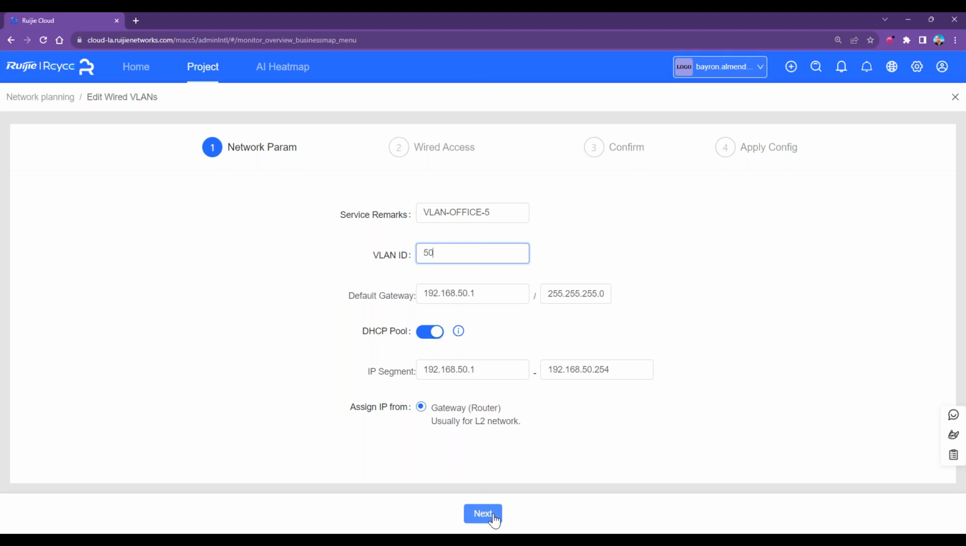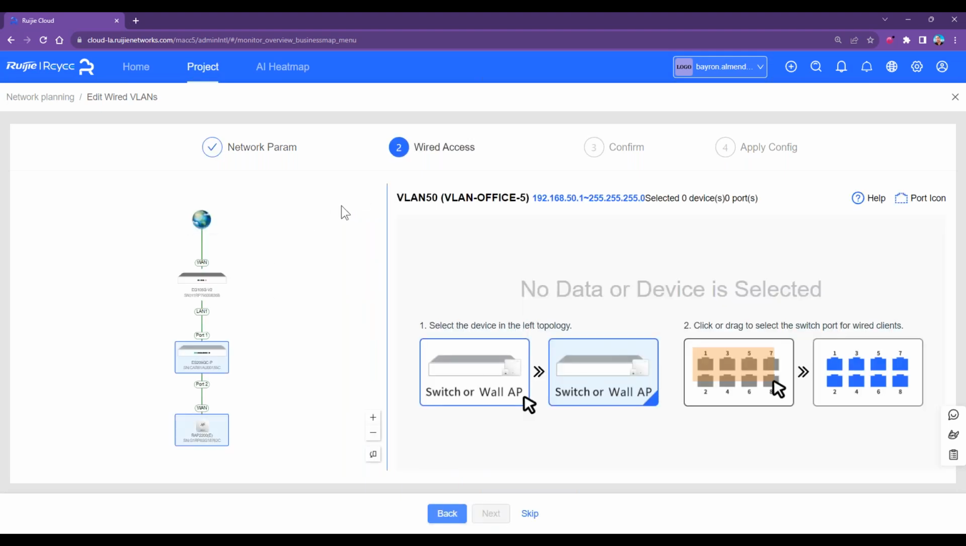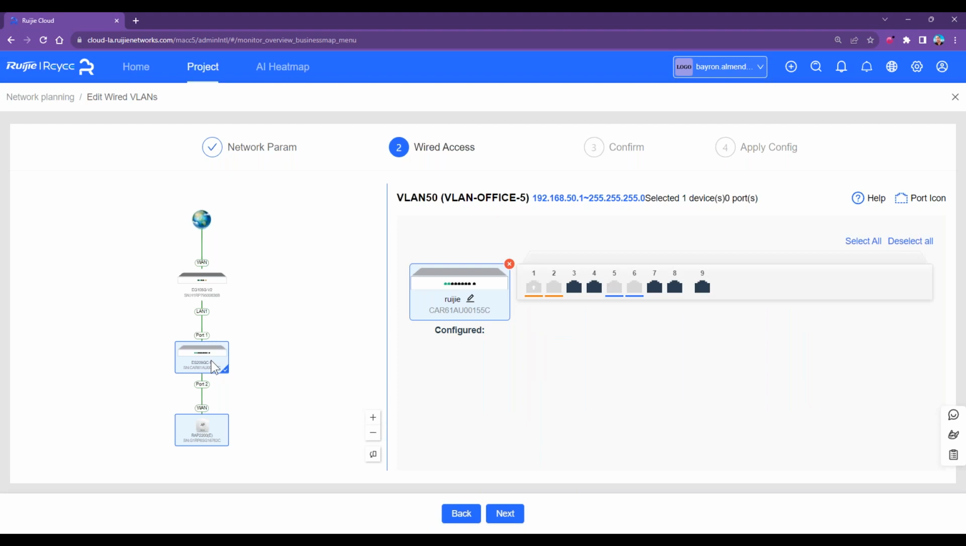So we had to click on the next button. And the next step is this. We had to select the device in the left topology and then click or drag to select the switch port for wired client. So I'm going to select the switch and then I'm going to select the port in which I want to create this VLAN, port number 8 and port number 9 to assign to this VLAN number 50. Then click on next,